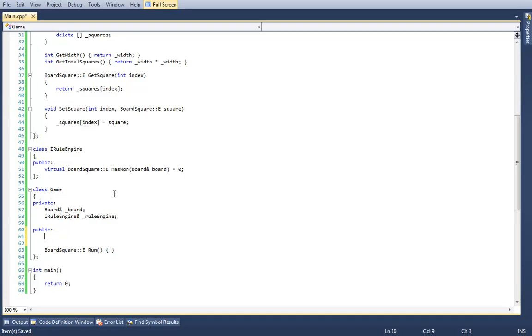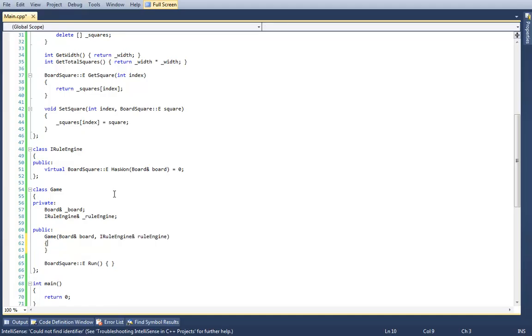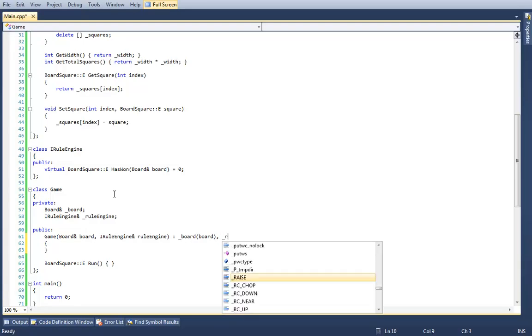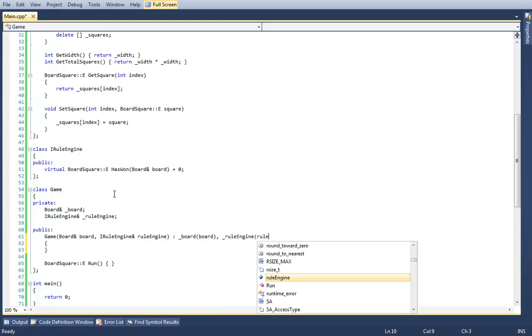It's then going to have a constructor that takes in a board reference and an IRuleEngine reference. Then it's going to use the initialization list to initialize board to board and ruleEngine to ruleEngine.